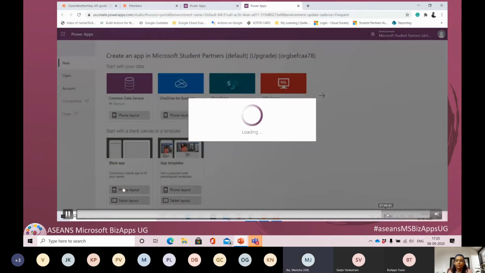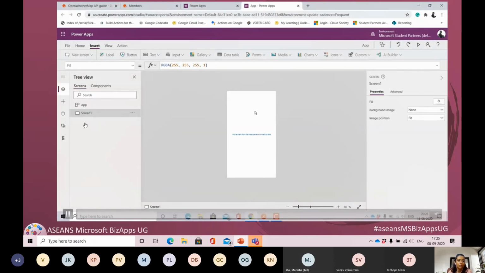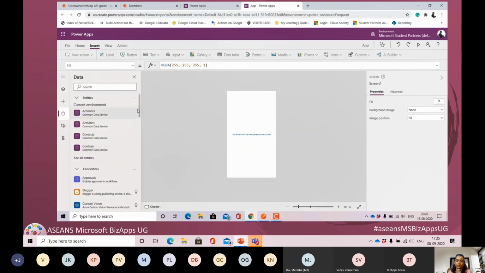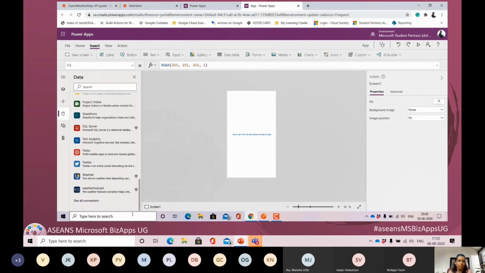Once this canvas app is created, which takes a lot less time, from the tree view we'll go to data, and here we can either search weather, or in the connectors option we can scroll down to see if a connector is available. So we see that our weather connector, the weather forecast connector which I made previously, is available, and then we can include it in our app, and then it's ready to use.